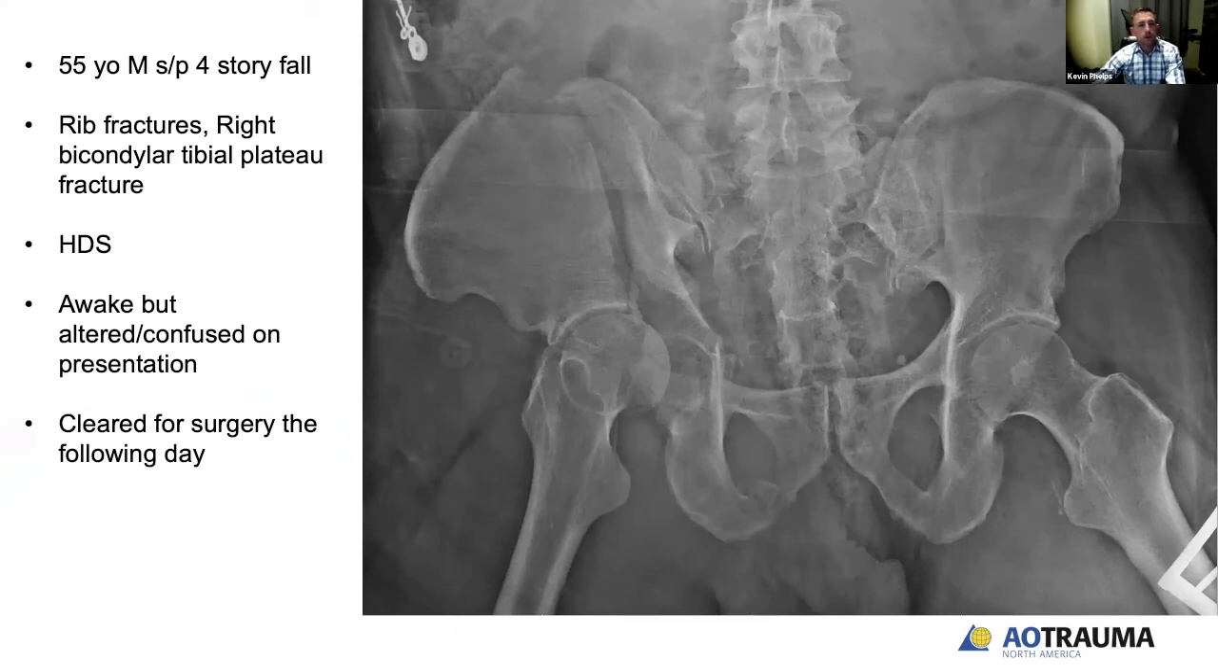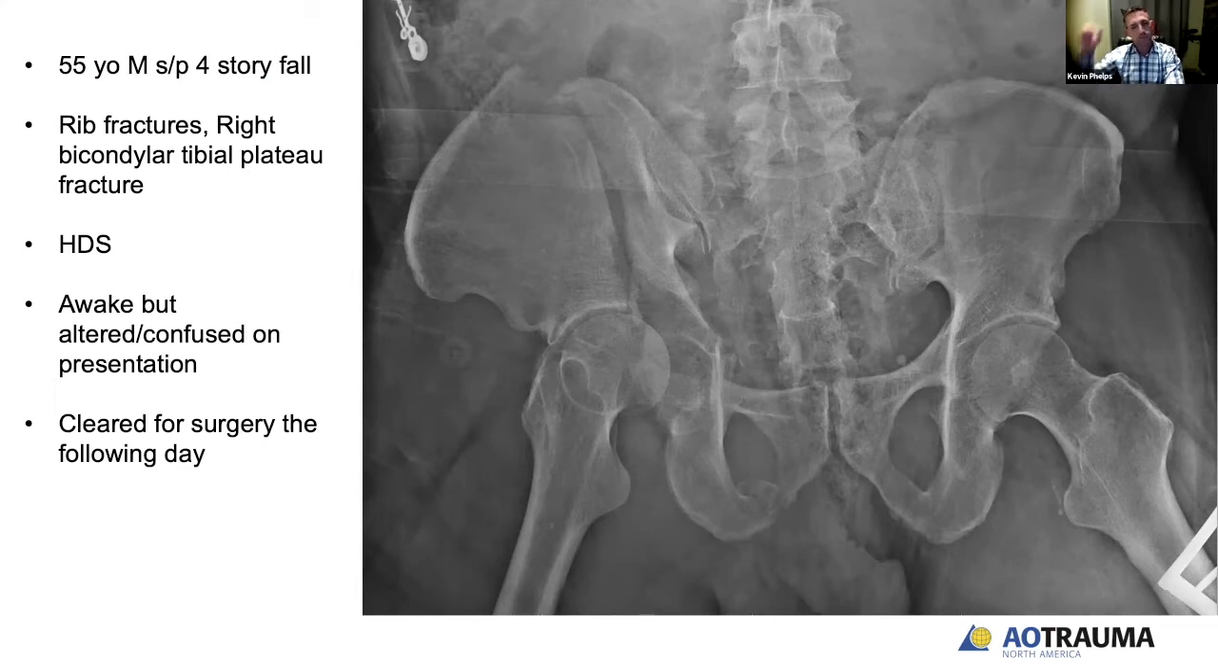So our patient we're going to go through is a 55-year-old male. He was involved in a 4-story fall out of a window. He presented and had rather isolated orthopedic injuries initially. He had some rib fractures, a pretty bad right bicondylar tibial plateau fracture, and also presented with this AP pelvis. He was hemodynamically stable on arrival. He was awake but altered. He was a little bit confused on presentation. He was initially admitted to the ICU, but he was cleared for surgery the following day, again with isolated orthopedic